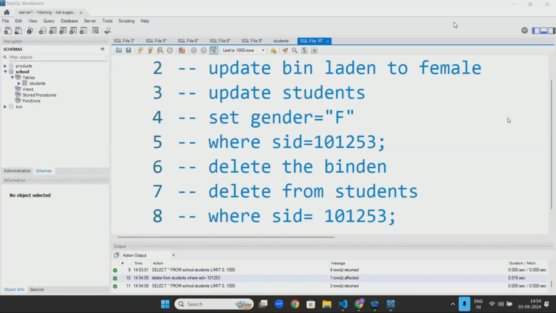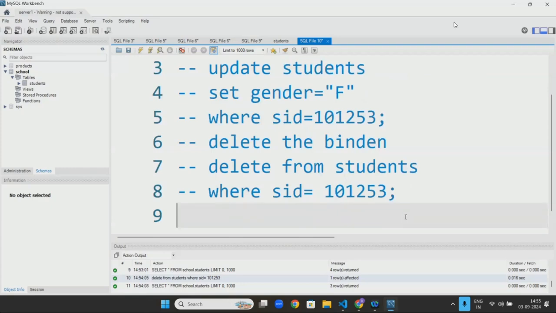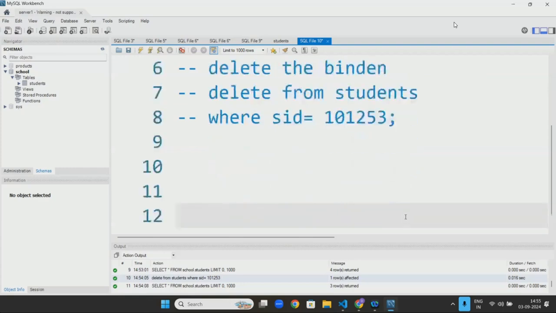Okay, now, sir, do we have to create a new SQL page because I can't do the insert and all I did? If you are okay with it, do it in the previous page only. Now,